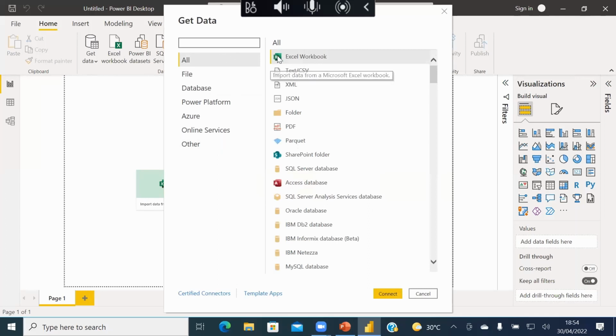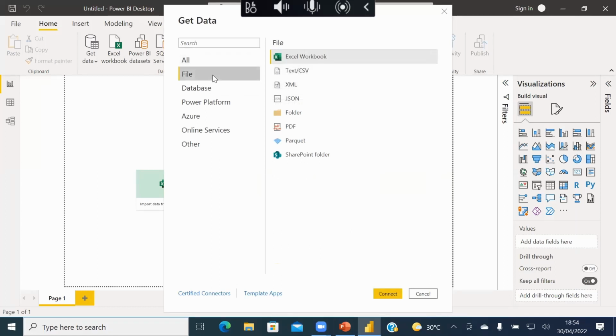Okay, so you get to see a list of places. Excel, this is all right. If you go to files, you see Excel, CSV files, folder. If your company uses SharePoint, there's a strong chance that your company will store some of the files on SharePoint, so you can get the data from SharePoint. Sometimes, as I mentioned, some people will send data to you in PDF. You can get your data from PDF, but it depends on the structure of the PDF. If the PDF was created in Excel, you have a strong chance of working fine with it. If it's not, you have to do the extraction, cleanup and stuff.